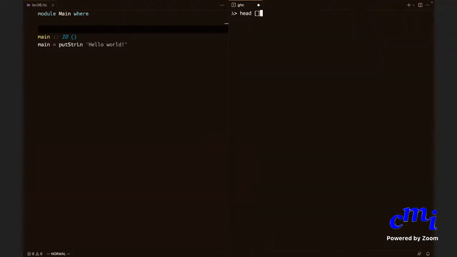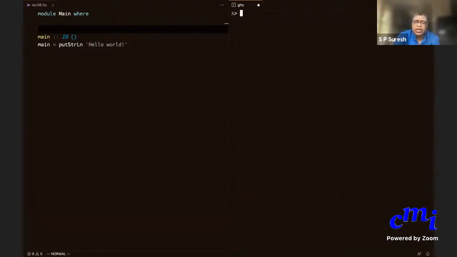Can we write xs colon x? You can write it, but it doesn't make sense, because then xs will be an element and x will be a list. No, you cannot do that, because colon will always take a value and a list. Just because you called it xs doesn't make it a list. Colon will always take the leftmost element and the rest of the list and put them together. So head will take out the leftmost element, tail will give you the rest of it. Always that.